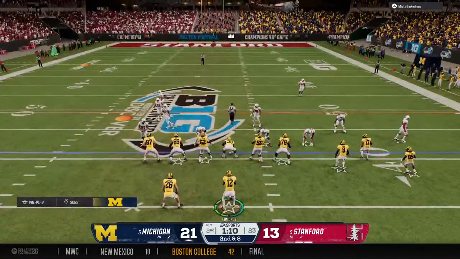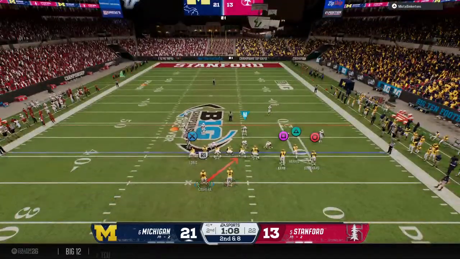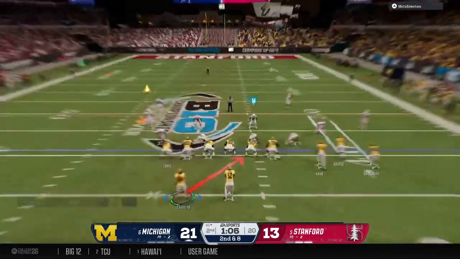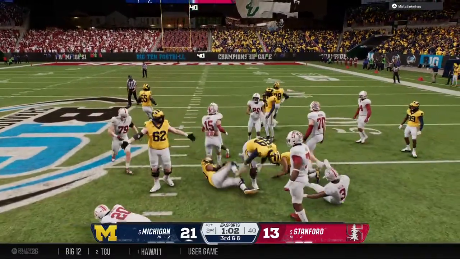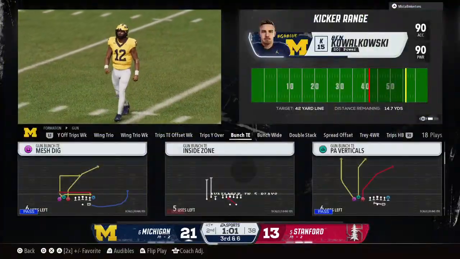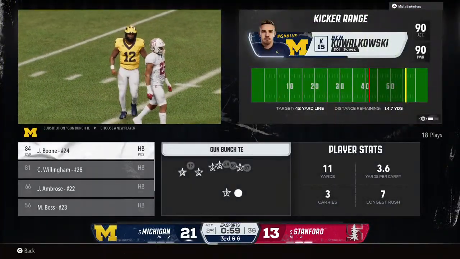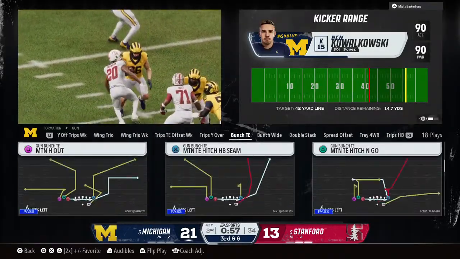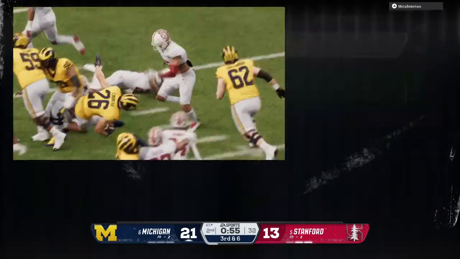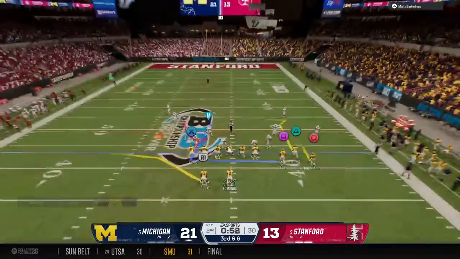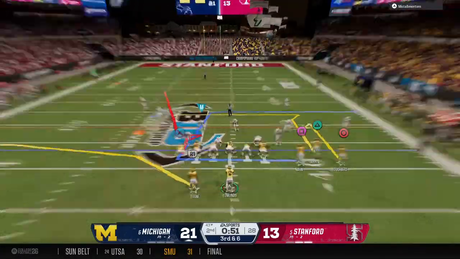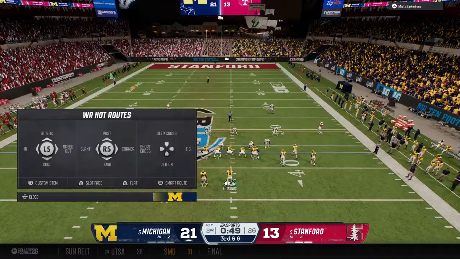Receivers are bunched together. From the shotgun, here's an inside give. And he's stopped by the senior after a short gain. Well, this guy's got some wiggle, and you can see there he's got some power. He's able to break through one arm tackle, but the secondary comes up to finish him off. Challenging play for the offense. They face 3rd and long here from their own 43.